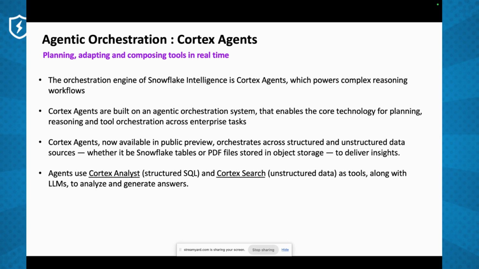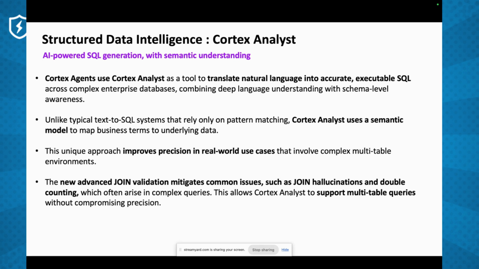And we are talking about bringing structured and unstructured data sources together and doing some magic on top of it. How does it do those magic? When you're talking about structured data, the agent is Cortex Analyst. Unstructured data, the agent is Cortex Search. So if you go to the next point, which is structured data intelligence, now we will know what Cortex